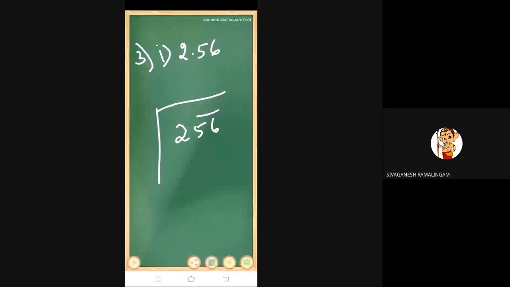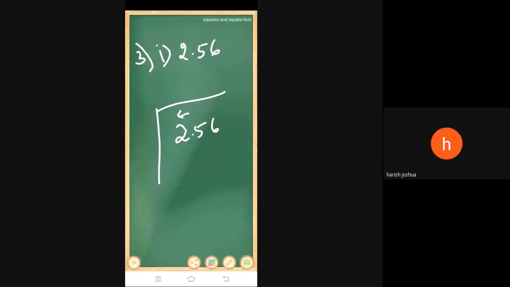See, listen. When you check the third sum, 2.56. Find the square root of the following decimal number. So a decimal number is given. What is the procedure for a number which is not a decimal number? For that, what will you do? Suppose if you have 256, then what will you do? These two make a pair and this number will come in one pair. Suppose if it is a decimal number, what will you do? Suppose there is a decimal point here, for that one slight change, children, only one slight change is there.